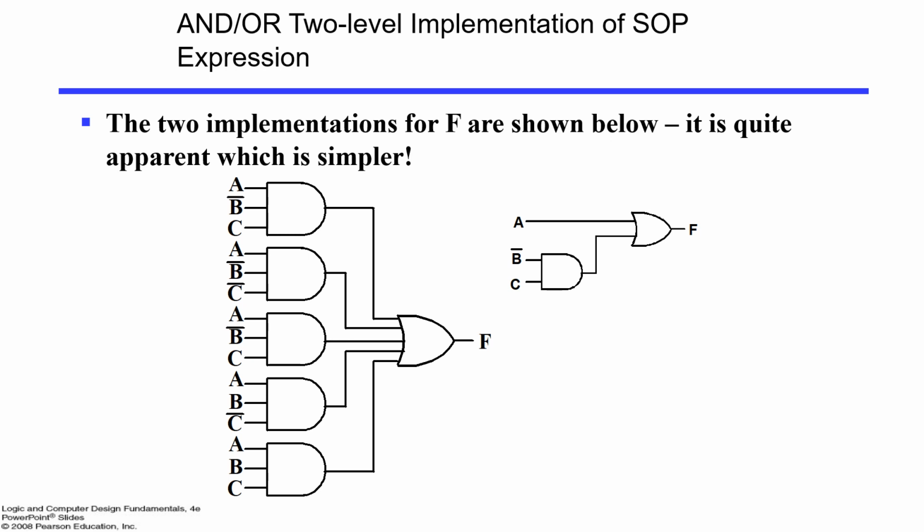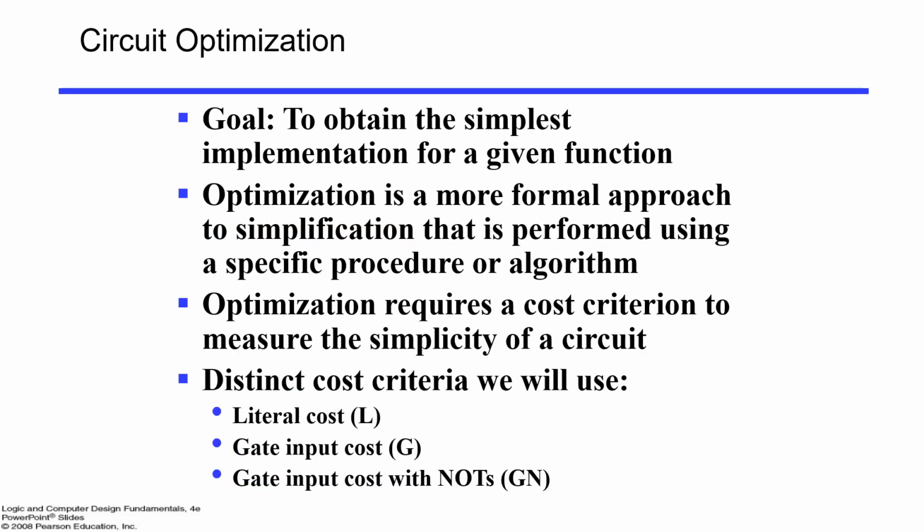Now if you represent both the functions, the output will remain the same, but one is in the min-term form and one is the SOP form. So which one is better? It is clearly visible. This one is much simpler than this, right? So it means if you can make your min-term form simpler, it will come as a sum of product, right? So now let us talk about a few criteria. What are the different criteria for circuit optimization, right?